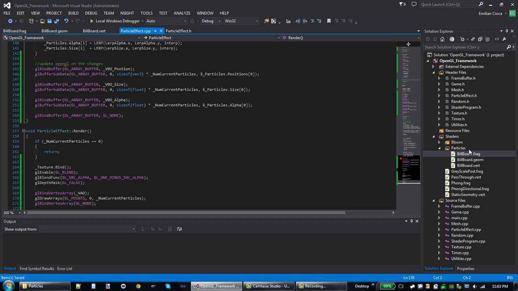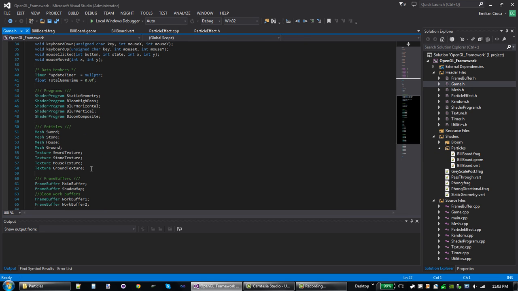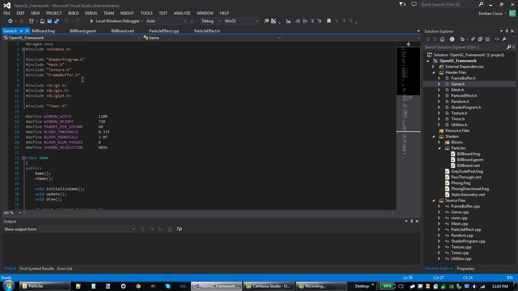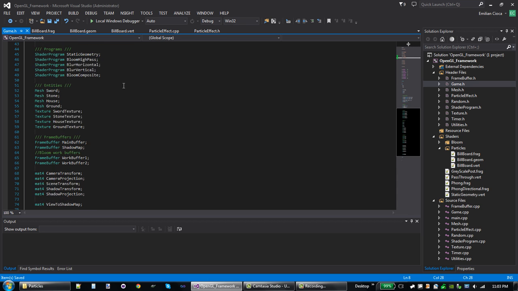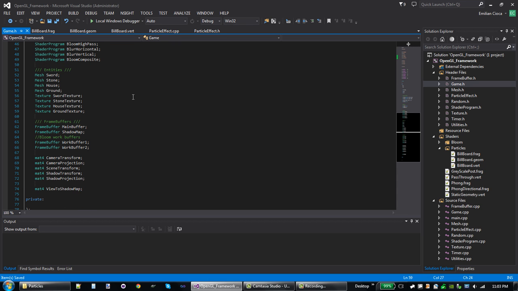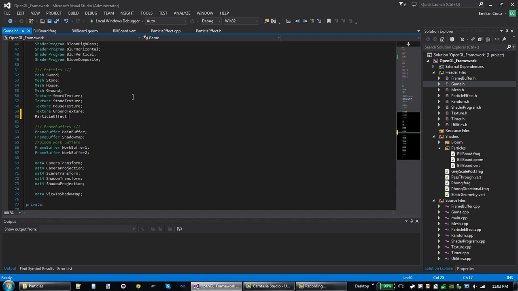So let's go into our game and let's plop one of these things in. Let's have some fun now. So let's go down to entities. Oh, actually, let's not yet. Let's go up to the top and include our new particle effect.h. Then we can go down to entities. Let's create a new particle effect. Let's create a sparkle